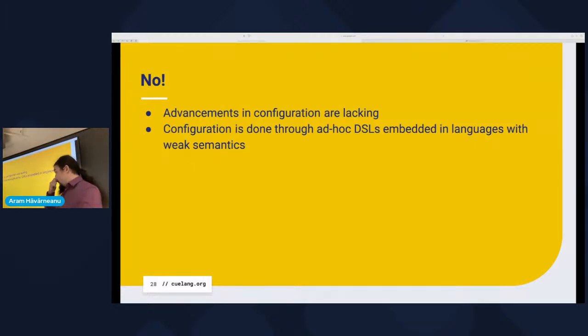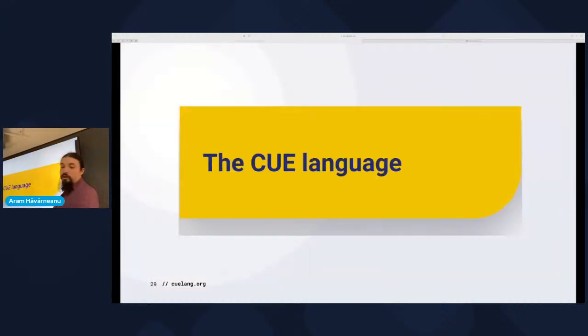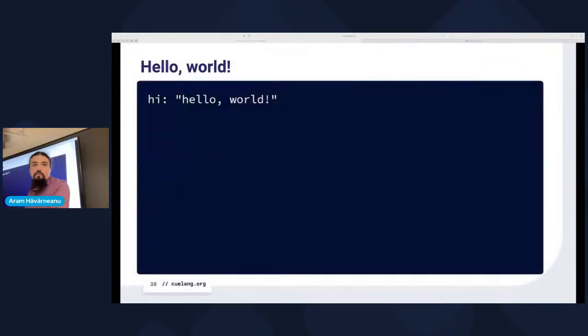So of course, I think that Q is an attempt to fix this problem. It's definitely not the only one, but it's the one that I'm going to talk about today, because I think it's pretty simple and pretty interesting. So the Q language is very simple. We're going to start, of course, with only hello world.